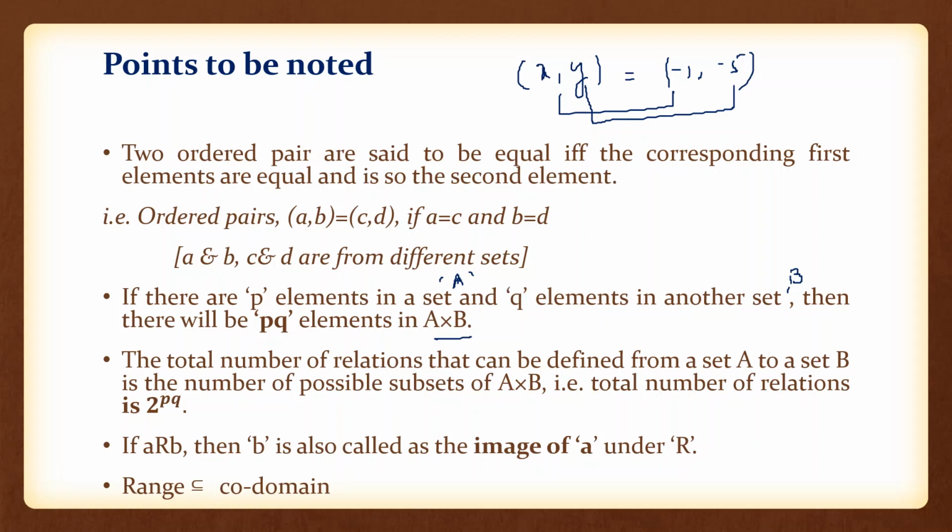We have already seen that a relation is defined as a subset of the Cartesian product. So the total number of relations is 2 raised to pq. 2 raised to pq is the total number of relations that can be defined from A to B. These are the elements, and these are the total number of relations. Both are different, but they are very closely related, and the confusion is a little bit there in some way, so you have to understand it very well. Next is, if A is related to B, then B is also called